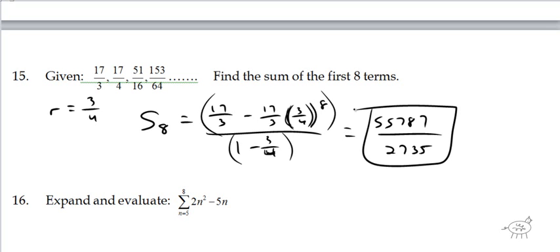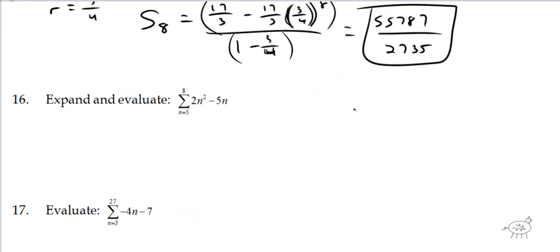All right. Number 16 says expand and evaluate. This is neither arithmetic or geometric, so you can't actually use any one of the other friendly formulas. So literally I'm going to plug in a 5, a 6, and a 7, and an 8 into this. So let me kind of expand it first. So 2, and then it's 5 squared minus 5 times 5,